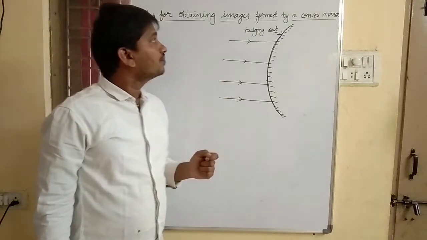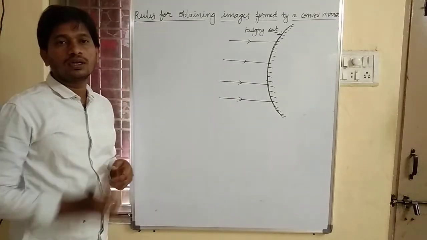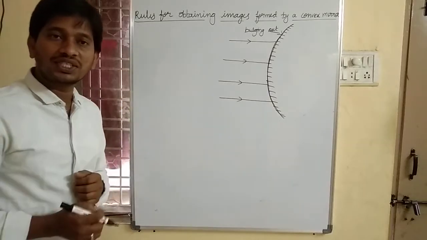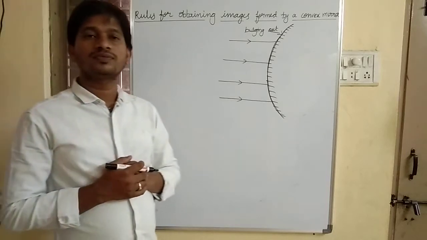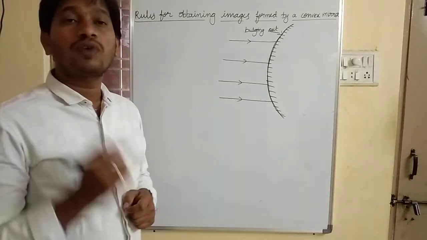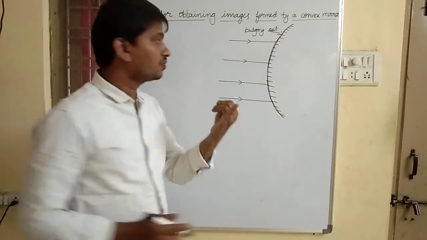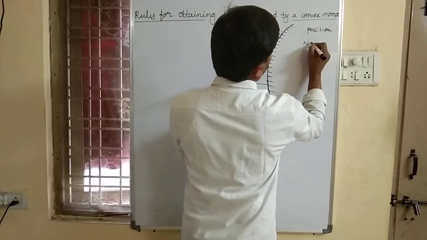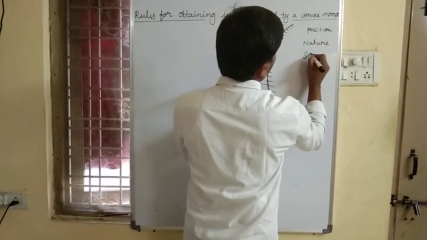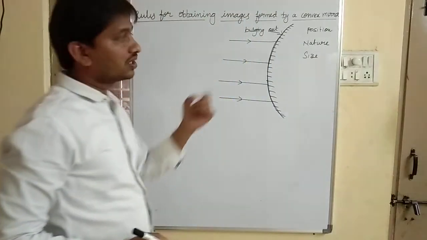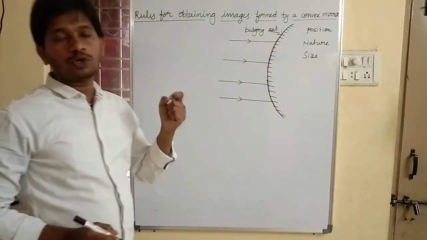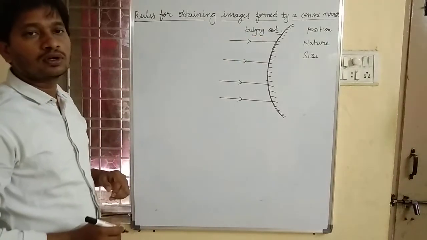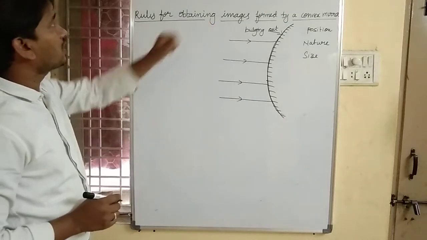Now coming to the rules for obtaining images formed by a convex mirror. In order to construct ray diagrams to find the position, nature and size, which are the characteristics of an image, formed by a convex mirror, we